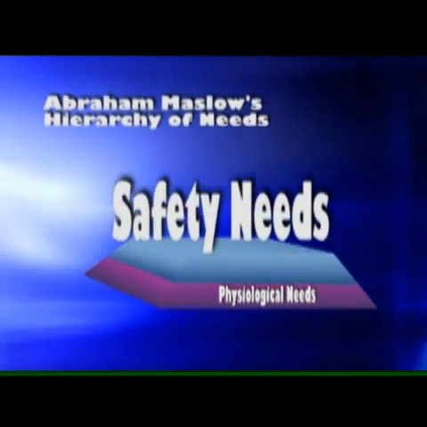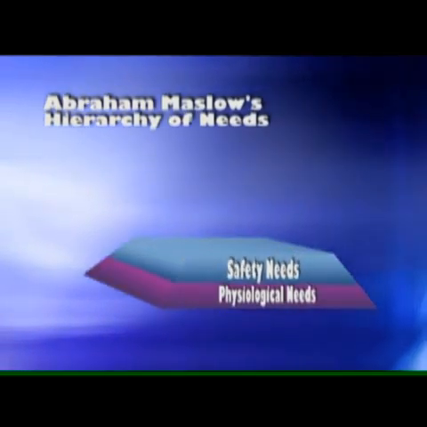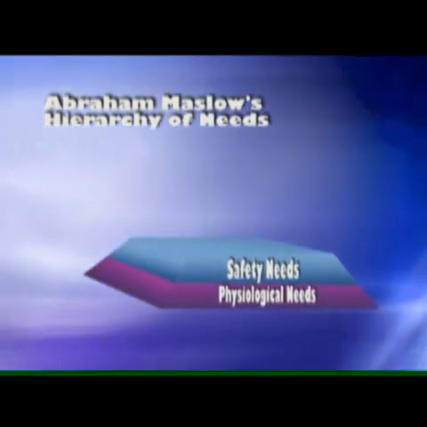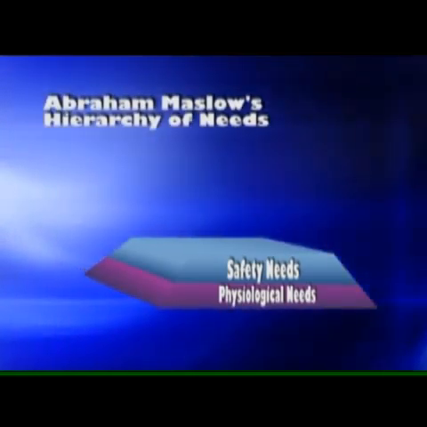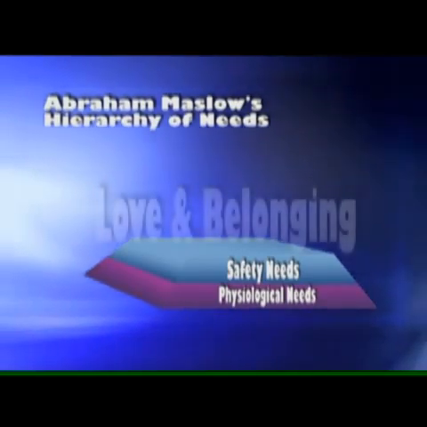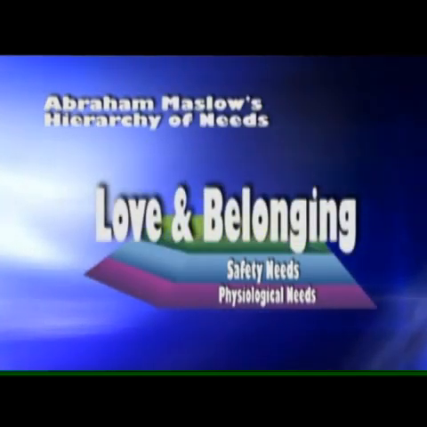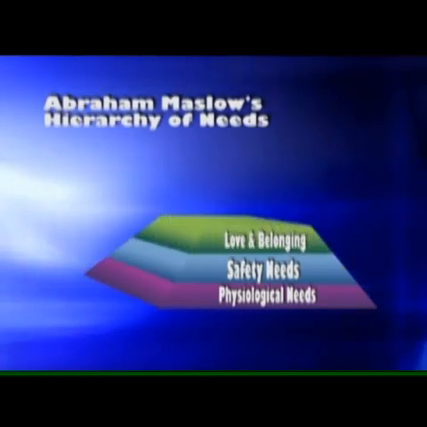Safety needs. With their physical safety needs relatively satisfied, the individual's safety needs take precedence and dominate behavior. These needs have to do with people's yearning for a predictable, orderly world in which injustice and inconsistency are under control. Love and belonging. After physiological and safety needs are fulfilled, the third layer of human needs are social and